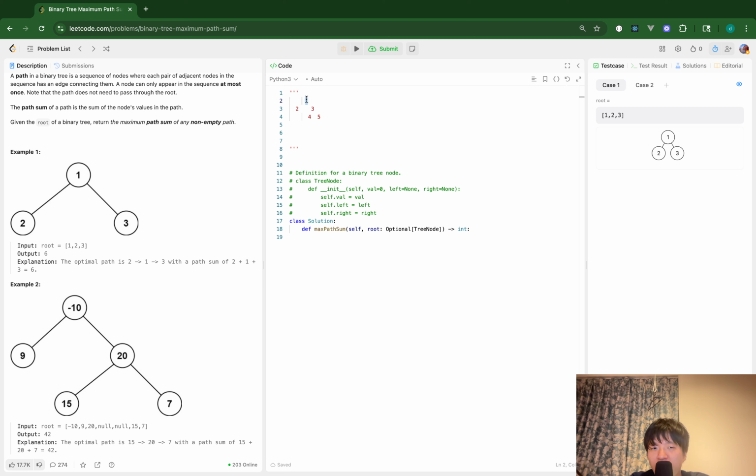So I will divide this question like this. I will think that the path goes through some node, obviously, and I will think of the node which is the highest position in that path. First I will think of this: what's the maximum path sum